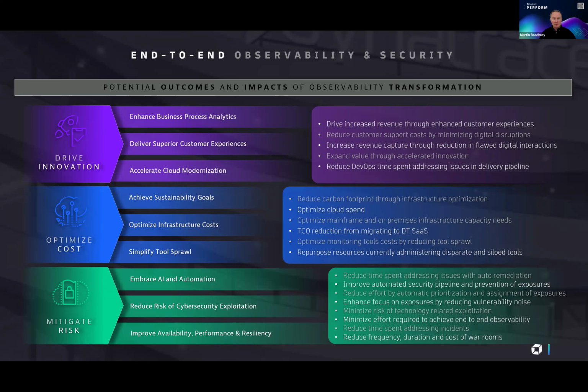Another area of consideration that has not historically been on people's radar is the use of observability within test and development and in your software engineering teams. Often organizations looked at the cost of observability and went, we've got to do that in tier 1 production systems. And actually, it's a false economy. If you can fix an issue in non-prod before it gets to production, the industry stat is it's 100 times more expensive to fix when it gets into production. And I think we can all agree that fixing an issue earlier in the cycle, before it gets into production, is a good thing. So actually having observability deployed into those environments is really